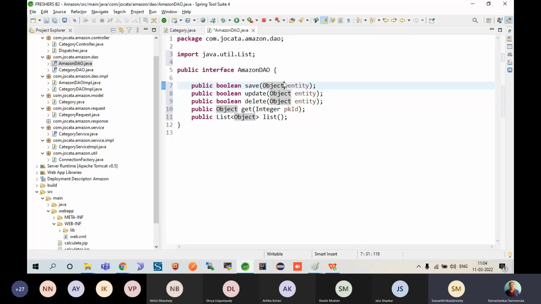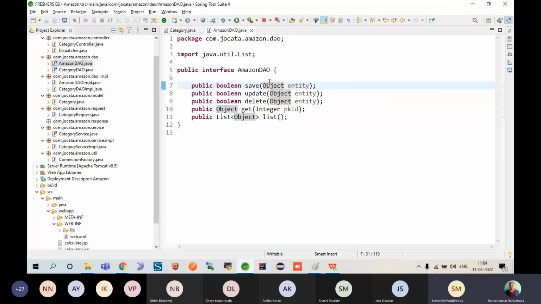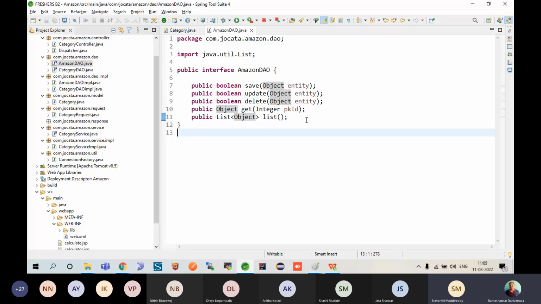So object is the super class of any other class. So indirectly, even if you say this category, the category extends object only. Am I clear? When you create a class of category which implements serializable, this itself is an object in the background. So this can be supplied to an object, and from an object it can be derived also. So the better way to deal with it is in this way. These are the common general methods which will take save, update, delete, get, and list. If you wanted to write some extra methods, you can write, no problem. So these are all the five methods,